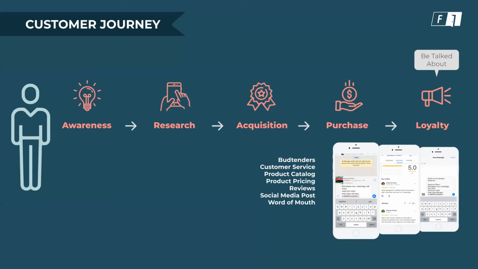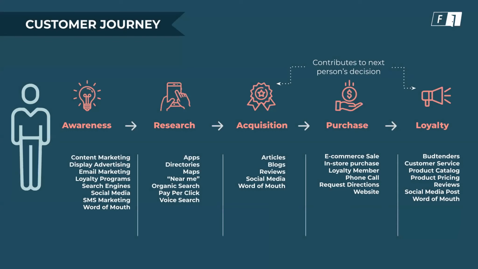If they're happy with their experience, what are they going to do? They're going to leave you a positive review on Google. They're going to send a text message to their friend, iMessage, WhatsApp. They're going to post this on social media. They're going to tell their friends. So if you go through this whole customer journey the right way and really deliver on the promise that you make to your customers, then you'll see exponential growth. So here's a look at all of the levels of the customer journey.